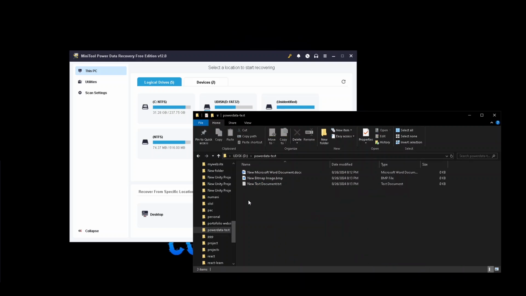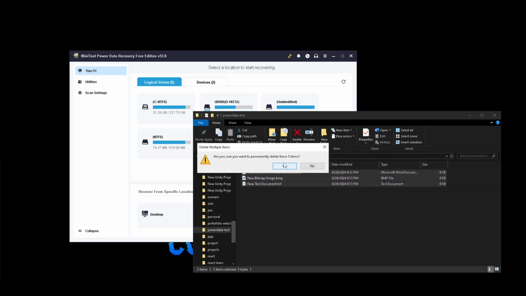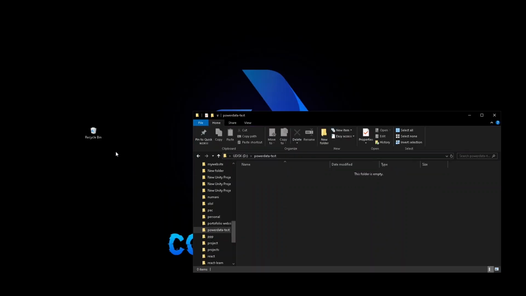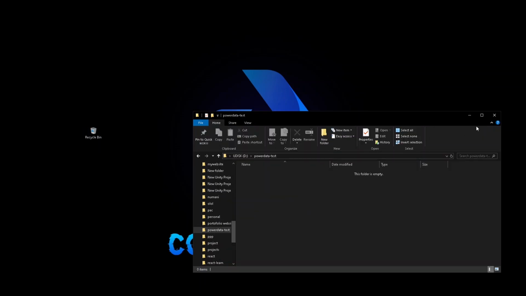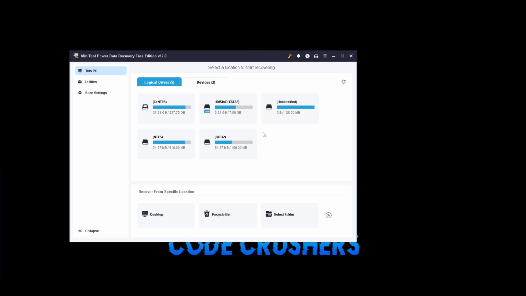So what happens, for example, if I delete these files from my USB? As you can see, I'm clicking on delete, and I'm deleting these 3 items. You would assume that these files will go to the recycle bin, but as you can see, the recycle bin is empty. So these files are just lost,